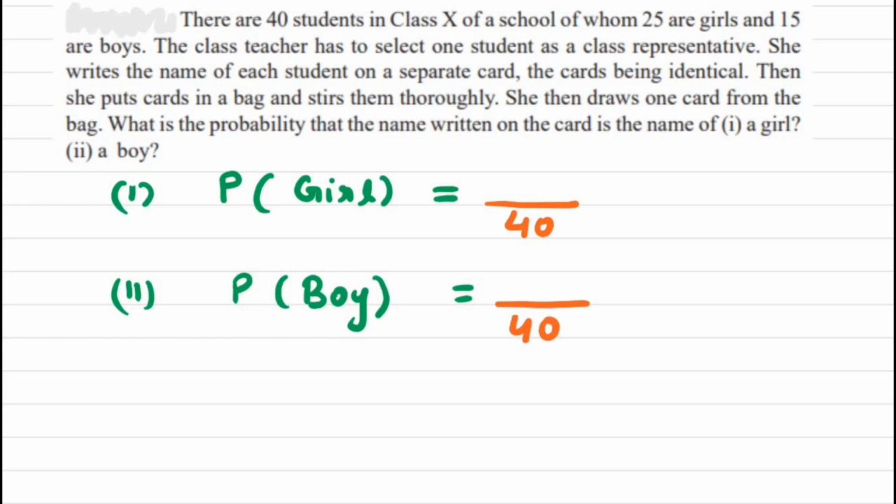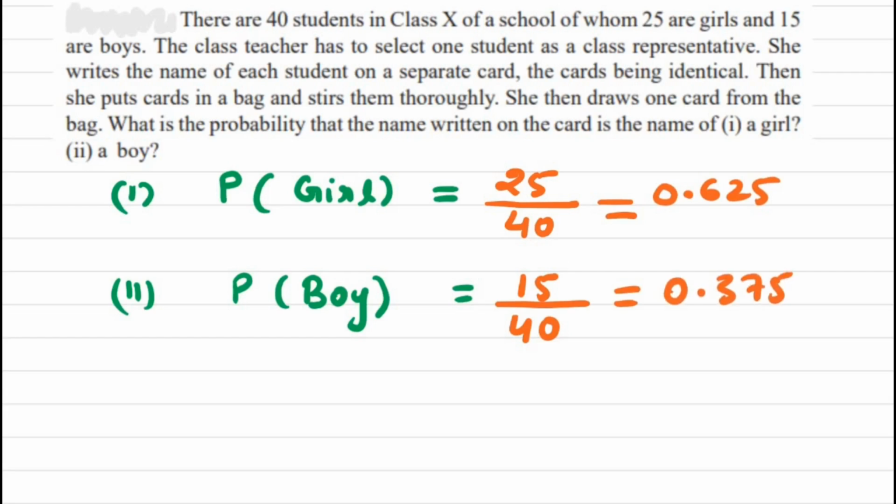Number of favorable outcomes will be, for the first bit, how many girls are there? There are 25 girls. And for the second case, the number of favorable outcomes will be the number of boys in the class, that is 15. Now these fractions we have to bring to standard form, in decimal, to get our answer. 25 divided by 40 is 0.625 and 15 upon 40 is